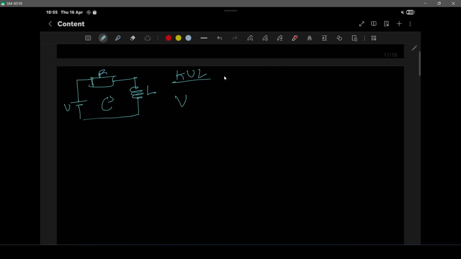V. There is a voltage drop across the resistor. This is a pure resistor, so it is I times R. Let's say I, because for this circuit to work it should be an alternating current. That means if there is a constant current, maybe I should not draw like this. I should draw like this. This is a voltage source. So V minus IR, and since there is inductance, we know when there is a current passing through an inductor,